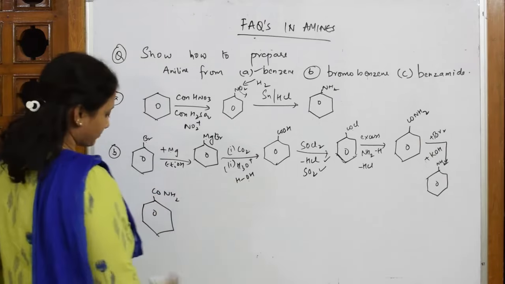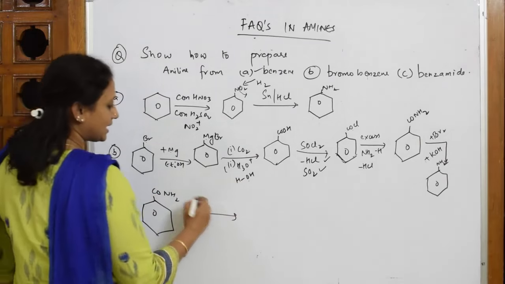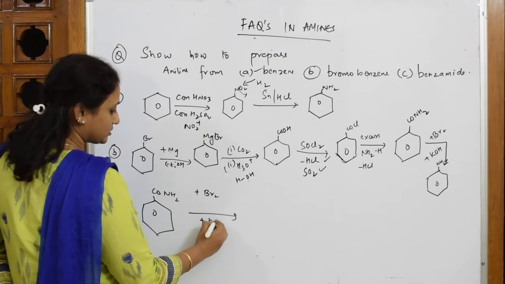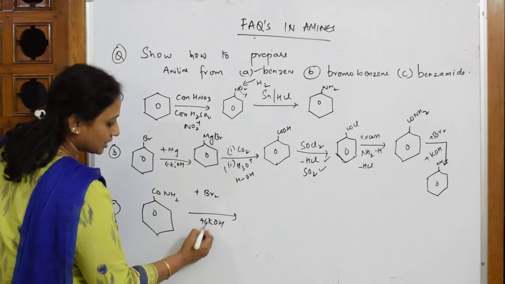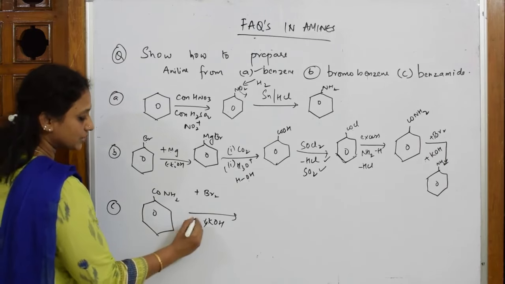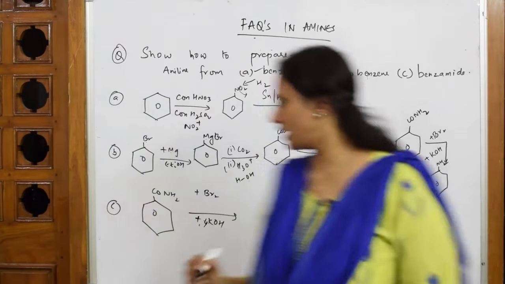See here, the last one. Here I simply can add bromine. I can also add KOH. If I add KOH, 4 moles, I did this earlier. If I add 4 moles of KOH, what do I get? I'm going to get